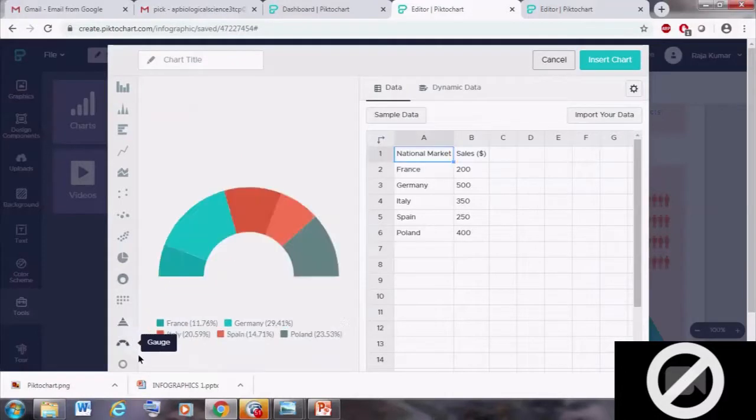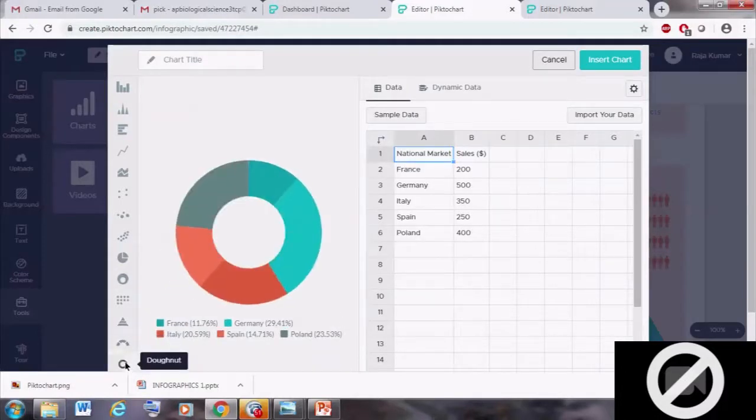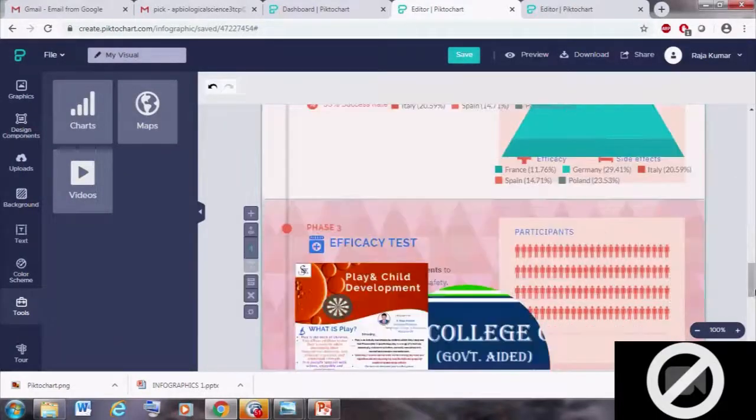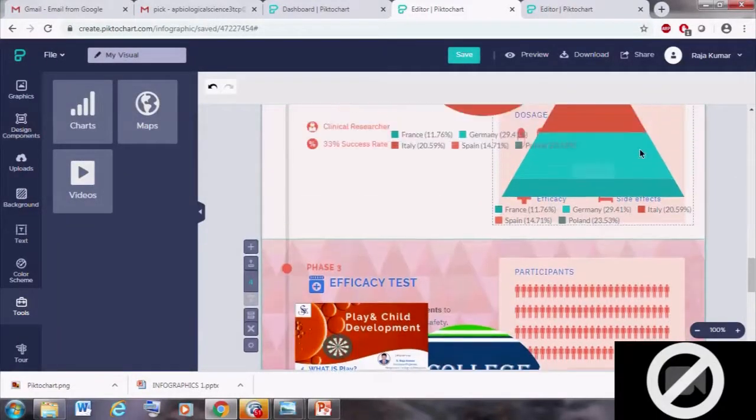So you can change the chart type, insert it, and wherever it is required, you can drag and place the chart.